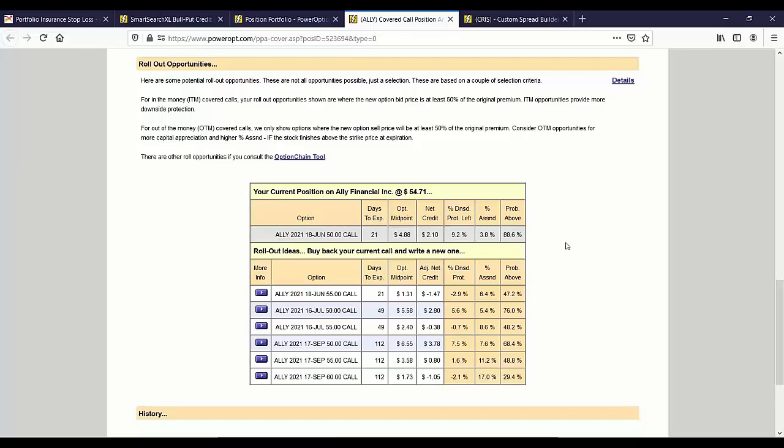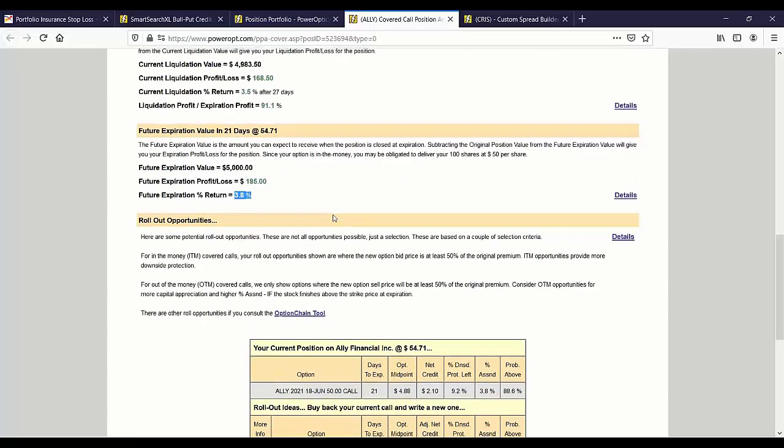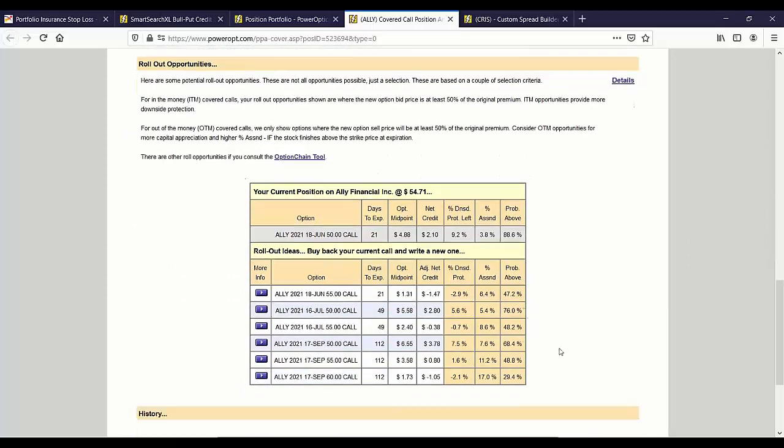But the rollout opportunities are powerful because it shows you right here what your new return would be, the new probability of assignment. Does it make sense to liquidate right now, or wait 21 days for just a 0.3% return, or to roll it to look for a potentially higher percent return if you're confident that you might still be assigned at those prices? I'll be honest, going up to the June 55 call is a little bit risky